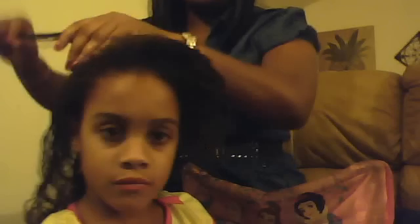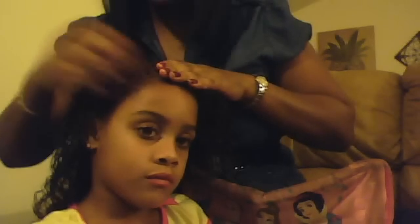And actually, I really love this style because, believe it or not, I have had this style last about 3 days. When she sleeps, I put a little bonnet on, and